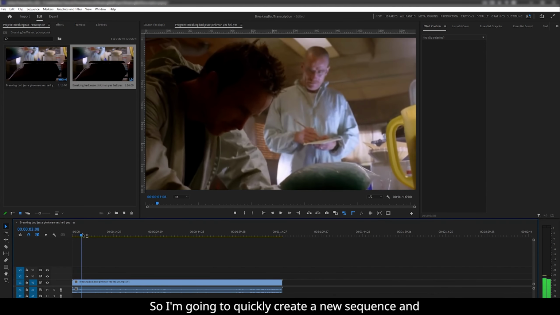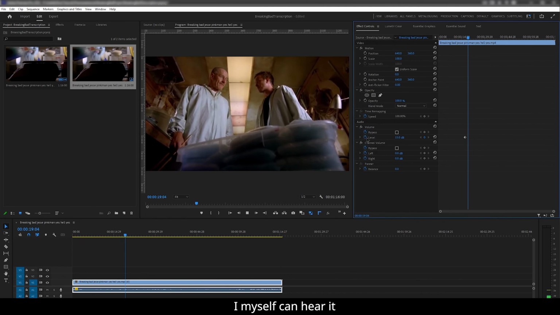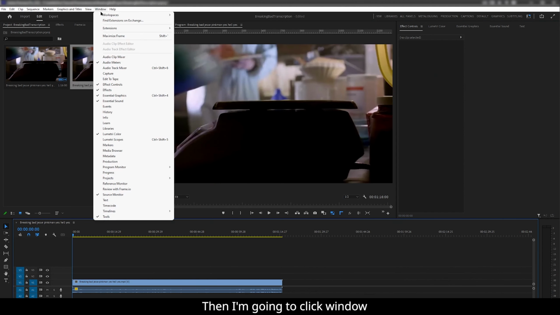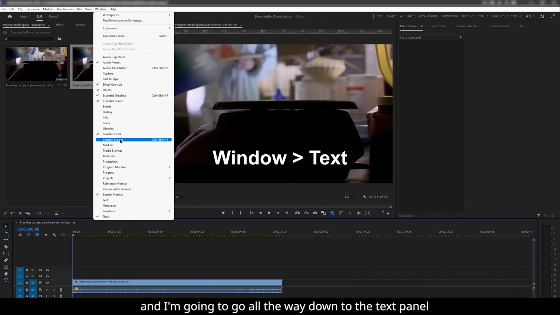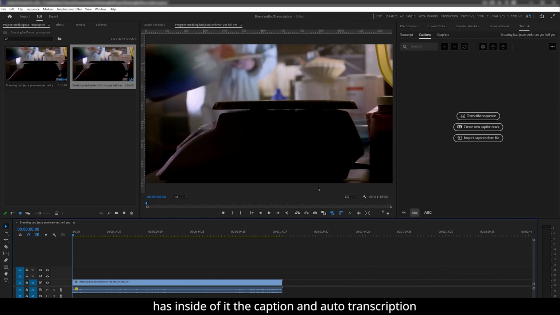So I'm going to quickly create a new sequence and I'm just going to make sure the audio is correct so that I myself can hear it. Adjust anything that I need. Then I'm going to click Window and go all the way down to the text panel and make it visible. This text panel has inside of it the caption and auto transcription tools that Premiere Pro has